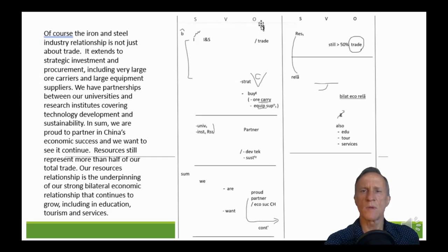Actually, at the top, this SVO stands for subject, verb, object, and what we're going to do in this particular case, well, in all cases, according to this system, is we have the verbs lined up down the middle, and the subjects on the left, and the objects on the right. We will use these types of symbols, and as you can see, for example, that's an eye with smoke coming out of it. It means industry.